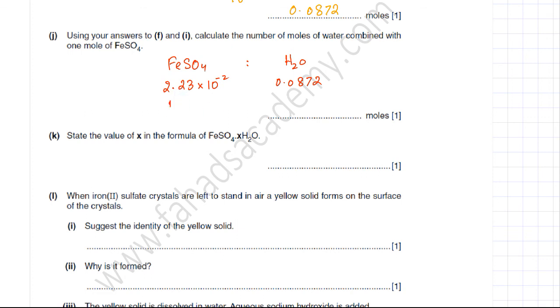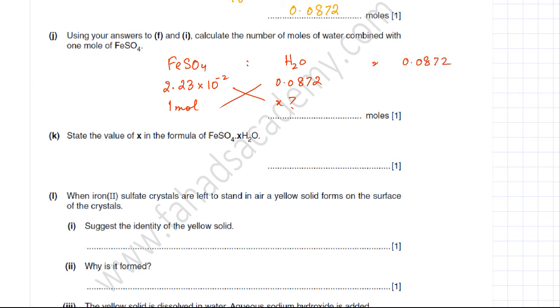Now what we need to know is how many moles of water are combined with 1 mole of FeSO4. So using ratios, if you have 1 mole of FeSO4, then what is the amount of water that would be combined with that? So I'm going to use simple ratios, and this is my unknown, this is what I'm going to calculate. The moles of water combined with 1 mole of FeSO4, and the answer I'm going to get is going to be